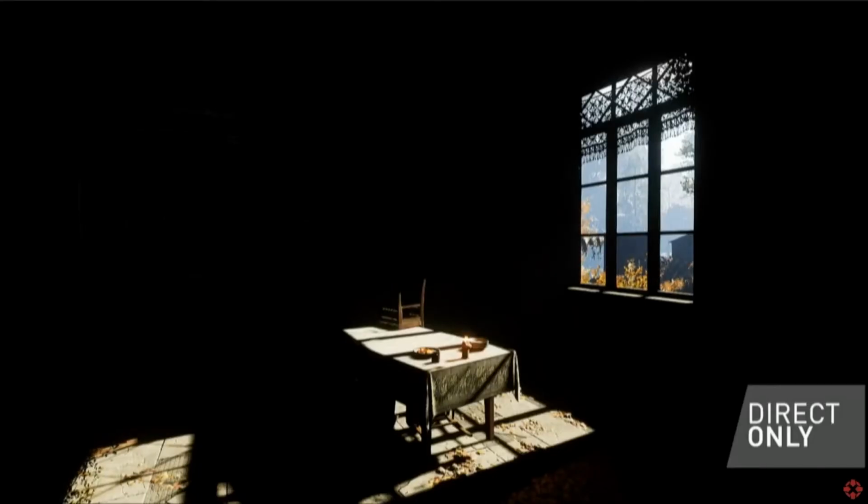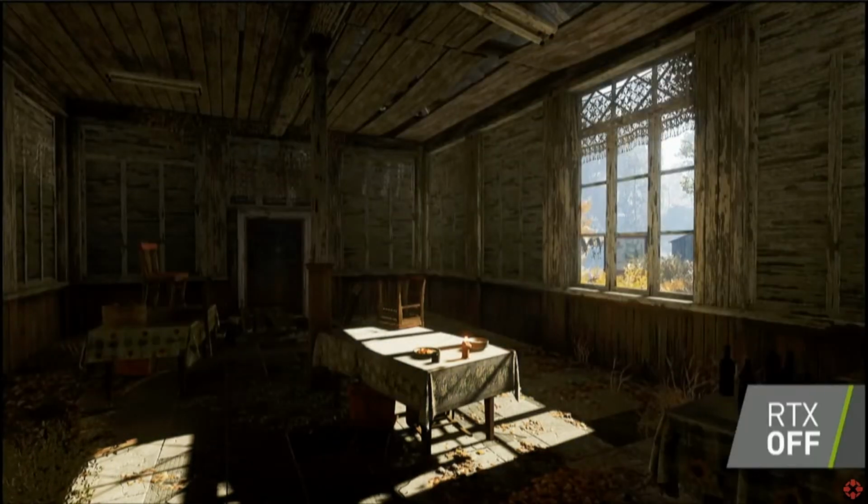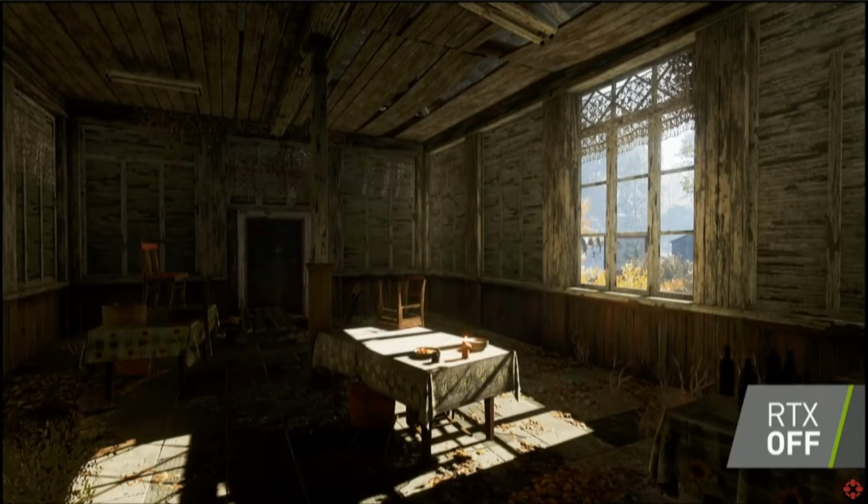Now, the next scene is really something that I think is awesome, and this is showing how the indirect light works. Again, this is playing off the ray tracing idea. In this scene where the RTX is off, we can see how there's a global illumination within that room. So we have the light coming in through the window, and it's casting hard light onto these things